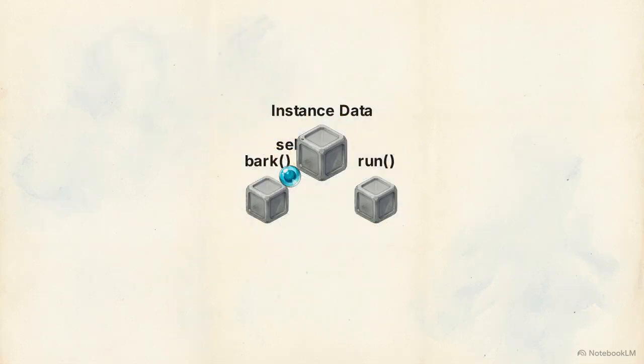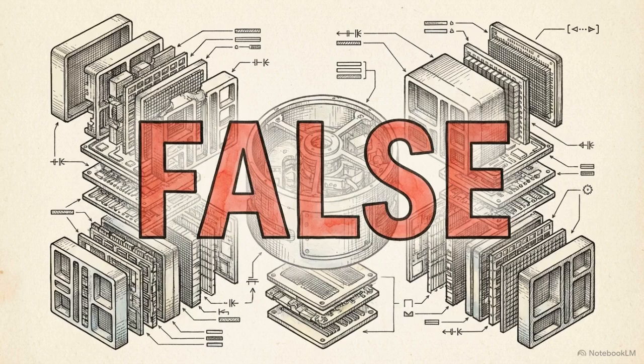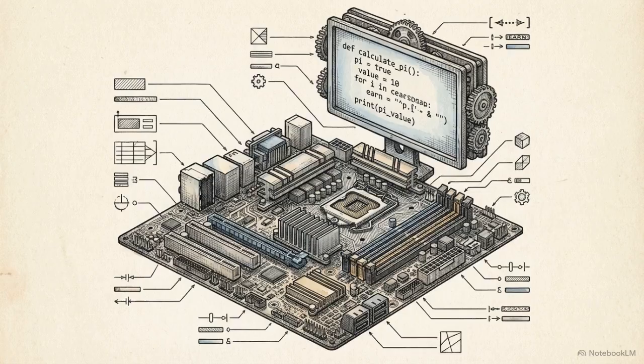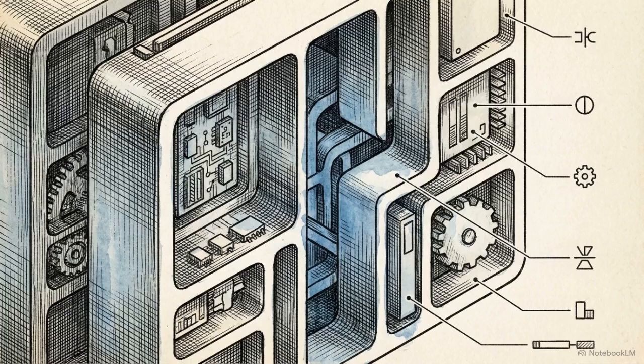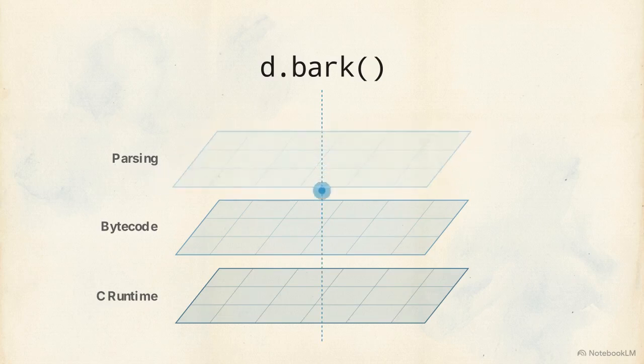Look closer at the runtime memory, and that container vanishes. There is no method inside an object, and Python is not passing objects around in memory. This high-level view of syntax limits your understanding of how code actually interacts with hardware. Breaking that limit requires seeing the true runtime system. We are going to trace the exact physical pipeline of that single line of code, d.bark, down to the bare